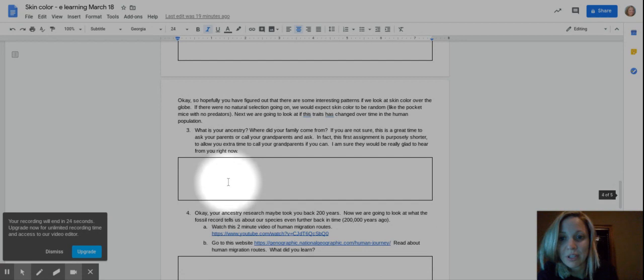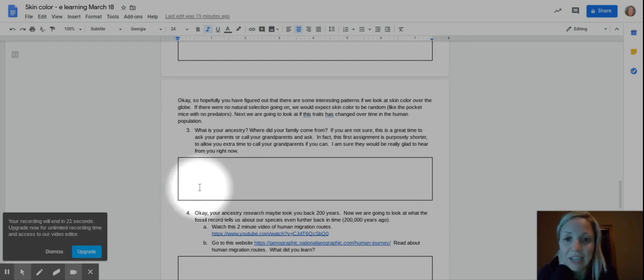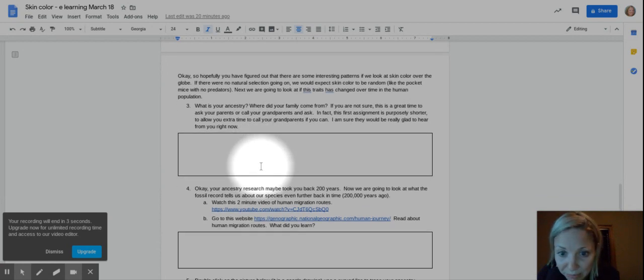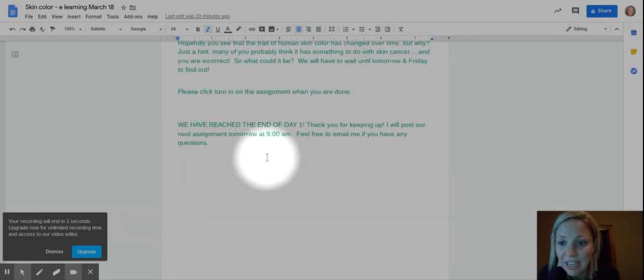You'll scroll down. You'll look at your own ancestry. I gave you some time to talk to your grandparents and parents and say, where did I come from? For example, my ancestry, according to my great-grandparents, is I came from Germany. Okay, I'm running short on time, so you're going to finish the questions and